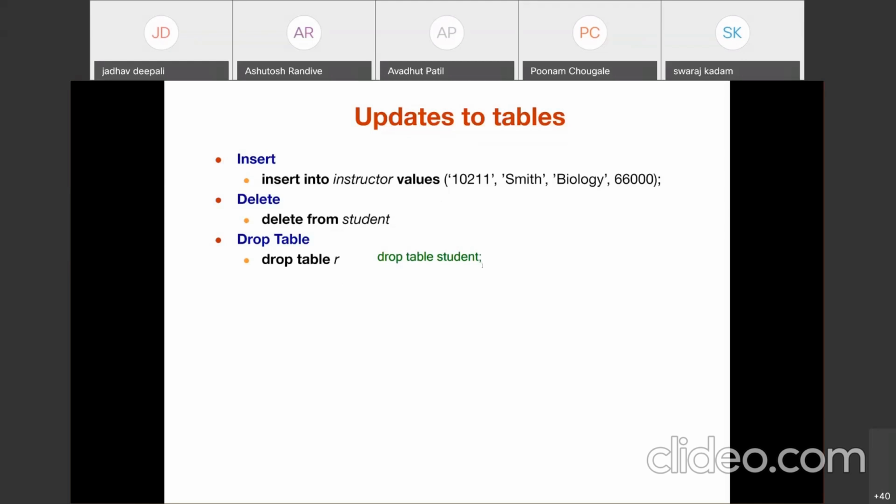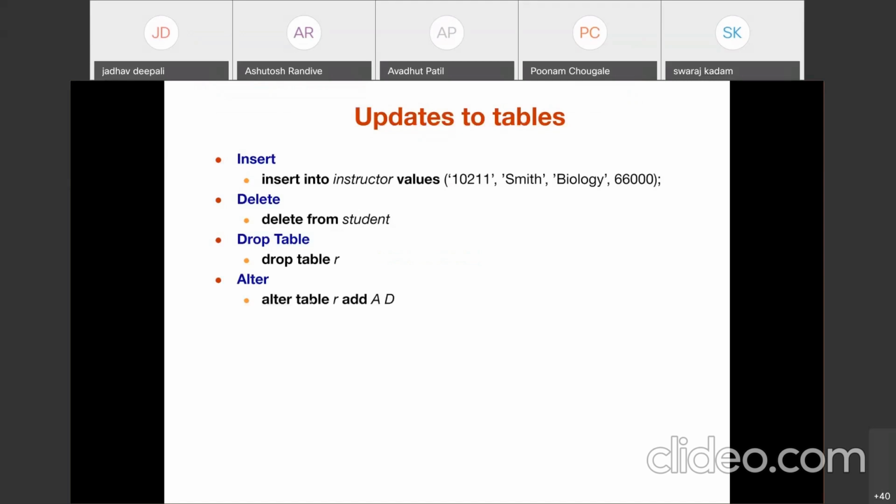The drop table command we need to use carefully because it deletes the entire relation from the particular database. Now see the next command. Suppose in the student table there are 4 attributes: SID, name, department name, and total credits. I want to add a new attribute, or suppose I want to drop an attribute from the relation. Then what can we do? For that, the command is alter. Alter table R, add A, D.